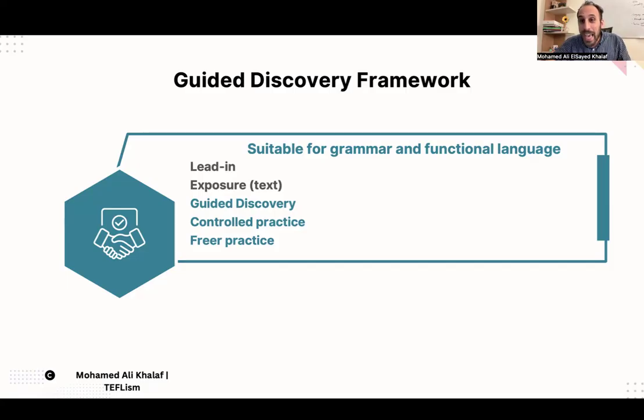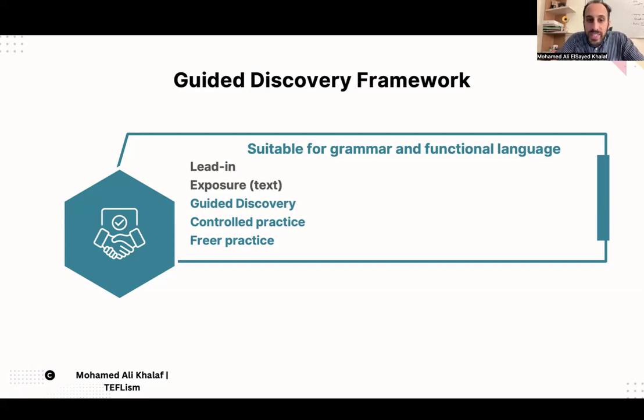Okay? And I think Hamid provided you with some guided discovery tasks in the guided discovery session. And he differentiated between practice tasks and guided discovery.